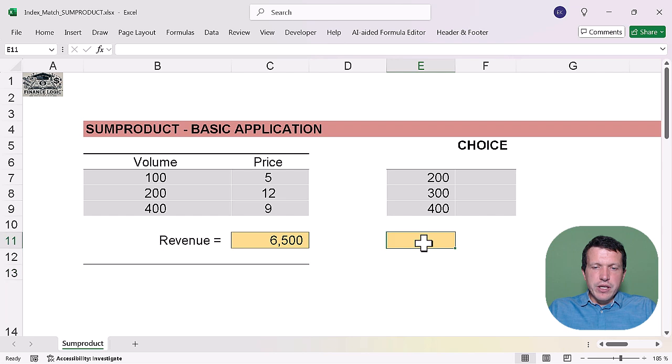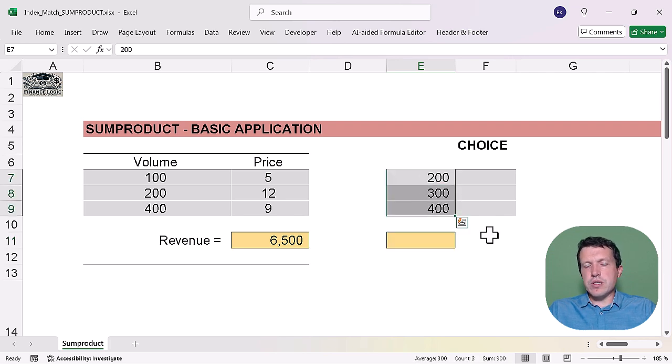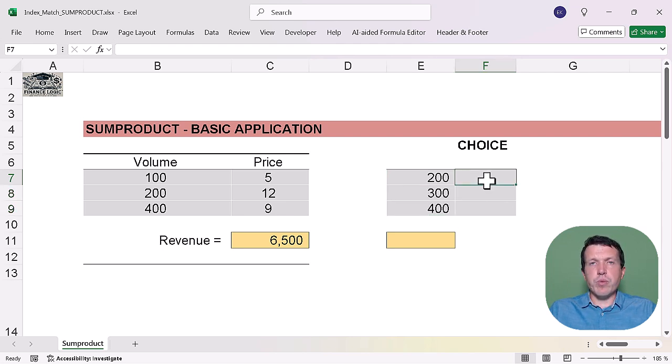Another application of function SUMPRODUCT is that it is used as a selection tool. Let me show you what I mean. For example, we have 3 numbers, for example 3 prices, and we need to choose 1 or 2 of them. In our result we want to include maybe only 1 of these numbers or 2 or 3. So we want a flexible mechanism that allows us to choose what number or what numbers we want to select. And if I type SUMPRODUCT